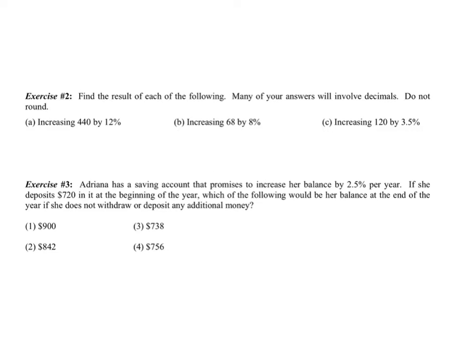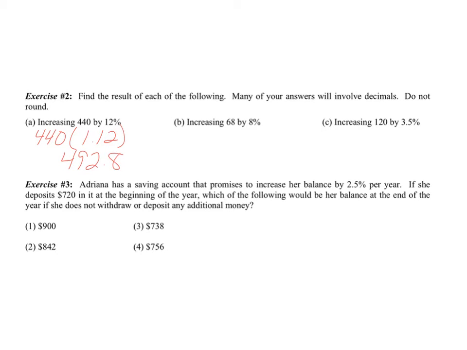Let's do some more examples with that for exercise number 2. I'm going to do one with you, and then I'm going to leave the other 2 to you. So I'm going to do A, 440 by 12%, and it's increasing, so I'm going to take that 12% and add it, so it's going to be 112. So I'm going to say 440 times 1.12, which is going to give me an answer of